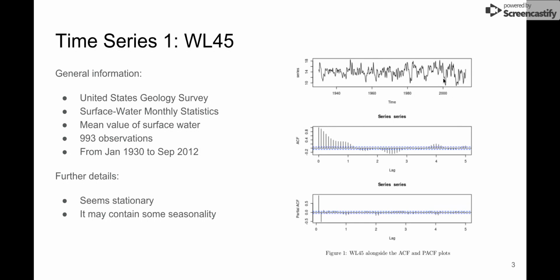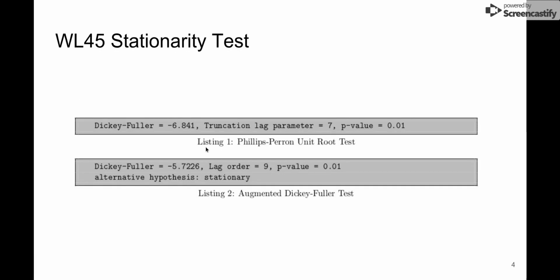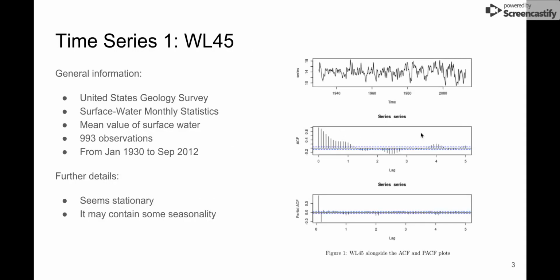It's not obvious if we need to do any pre-processing, but looking at the ACF, there seems to be some seasonality, more or less considerable. So for that, I tested this time series with two stationarity tests, one Phillips-Perron and the other Augmented Dickey-Fuller. And based on these tests, there is no non-stationarity, but again, looking at the ACF, we should be